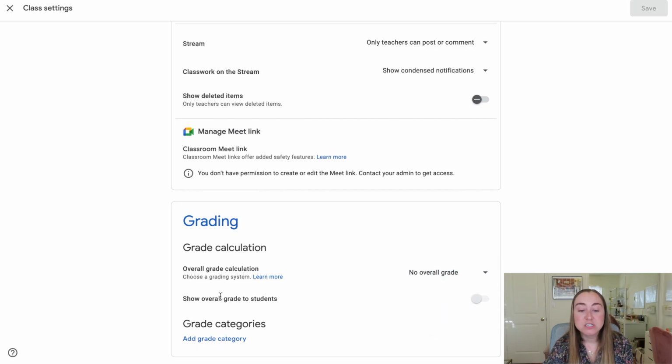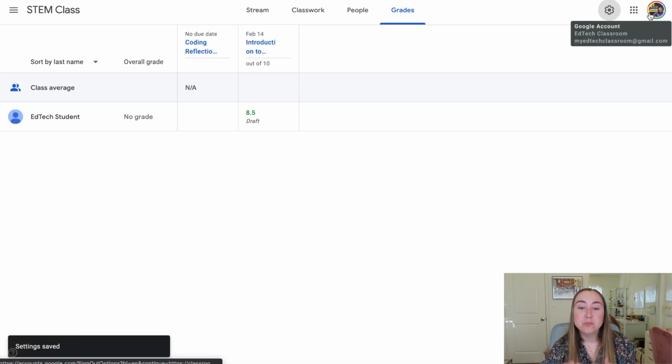And then if you want students to be able to see their overall grade, you could turn this feature on if you would like. Because I have this set to no overall grade, I'm not able to make that adjustment, but if I switch it to total points, you'll see that students would actually be able to see their overall grade for the class. So that's up to you, a feature that you can choose to turn on if you think it makes sense for your students. And then you can also add some different grade categories as well. So I'm going to go ahead and click on the Save button,